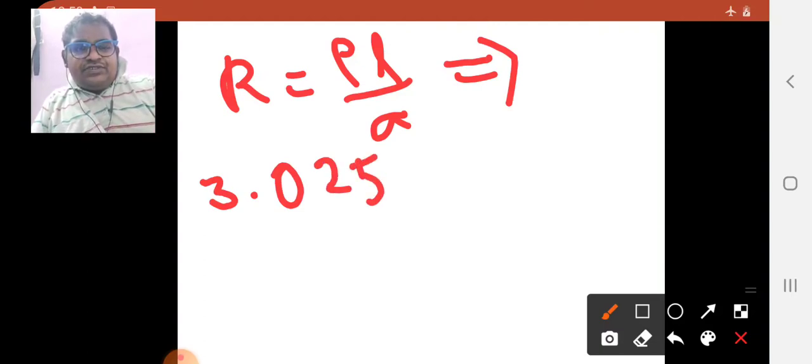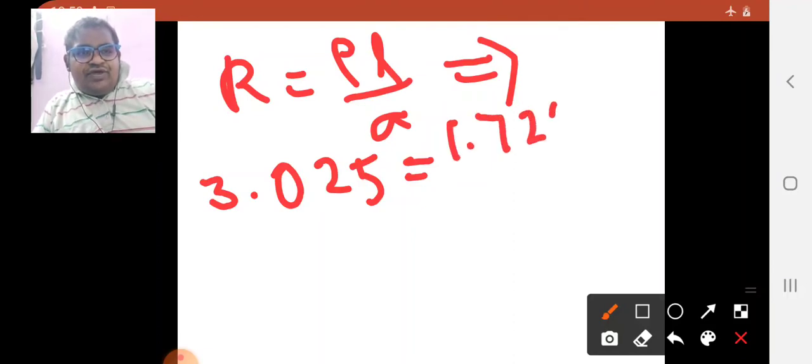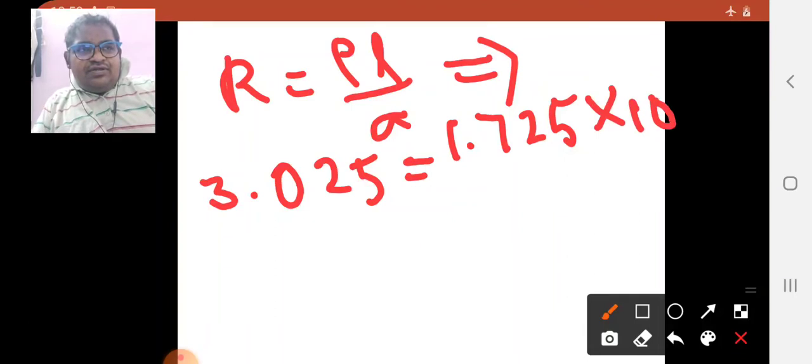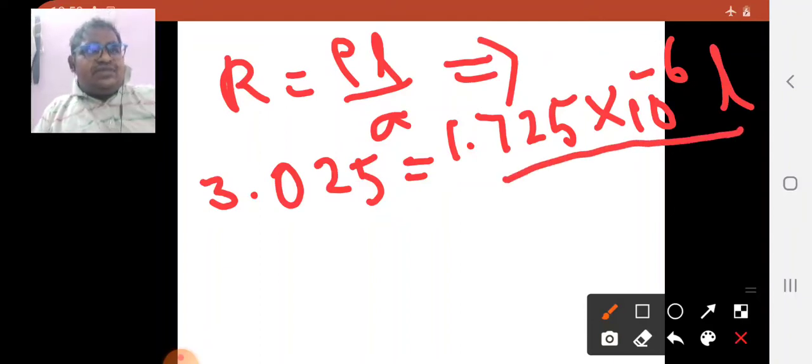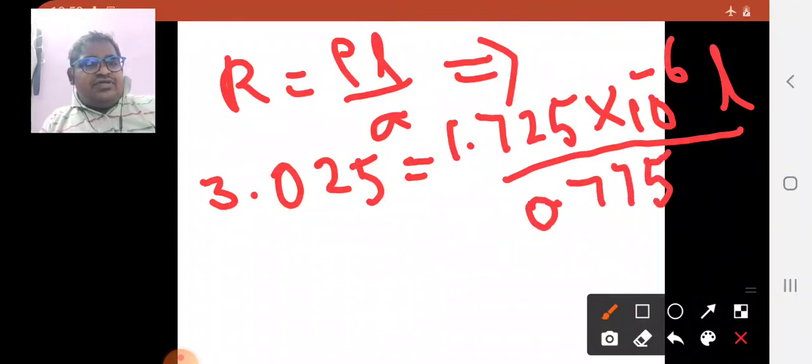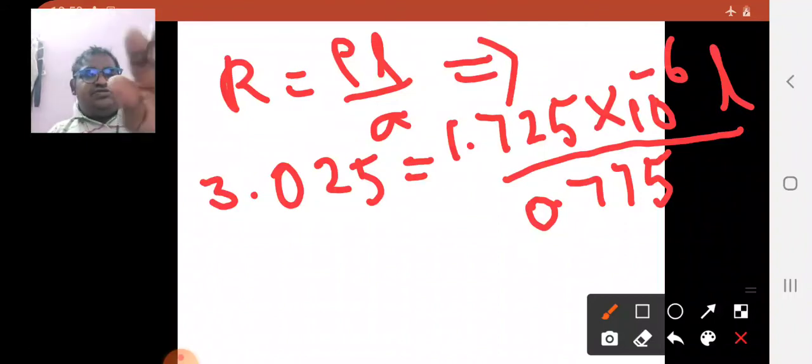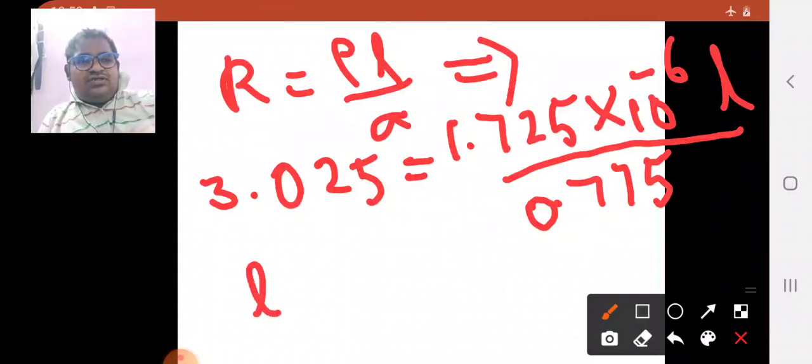R value is 3.025, equal to rho, 1.725 into 10 power minus 6, times L, which you need to find, divided by A, which is 0.775 centimeter square. I am keeping all quantities in centimeters as they are. Whatever value of L I get is in centimeters, then I will convert that to kilometers. So hence solve this, L is equal to